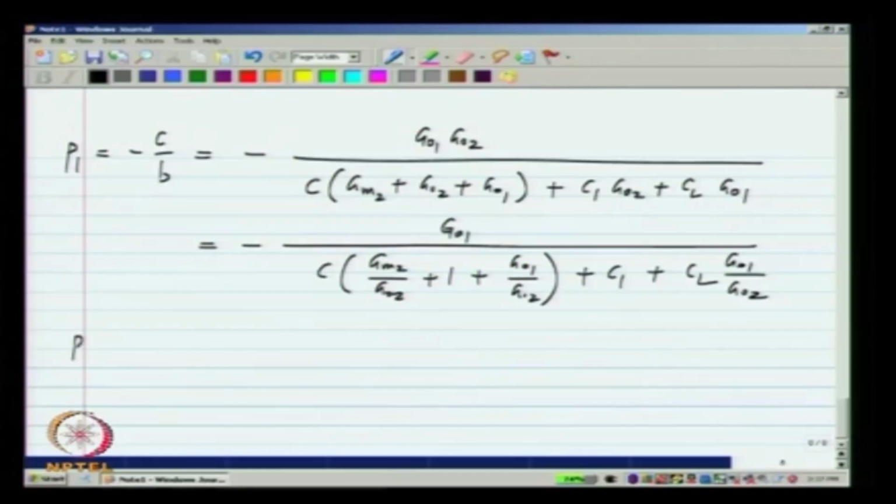As you can see, the numerator has some conductance GO1 and the denominator has terms which represent capacitances. We will later make sense of what these capacitances are. Okay. Similarly, the higher of the two roots, the higher frequency root p2, will be minus b by a, which is minus